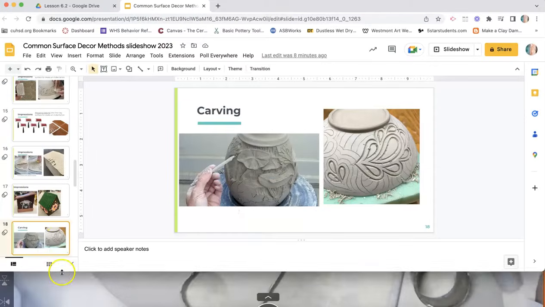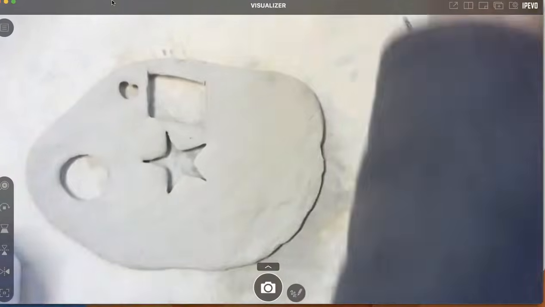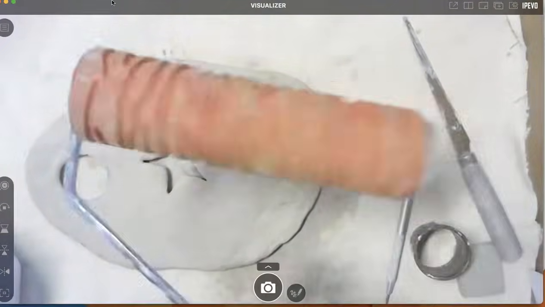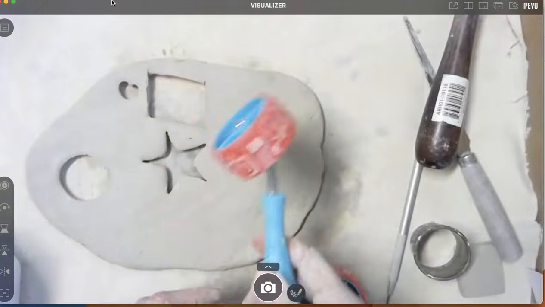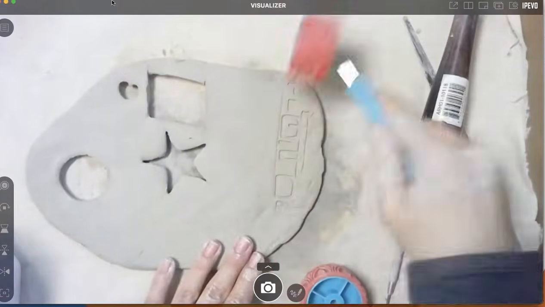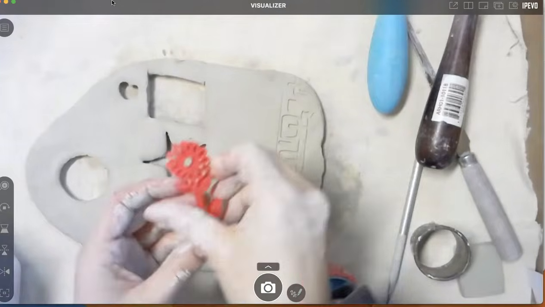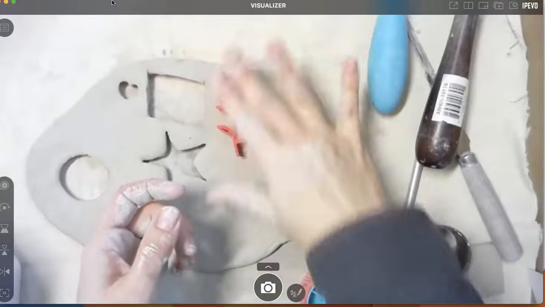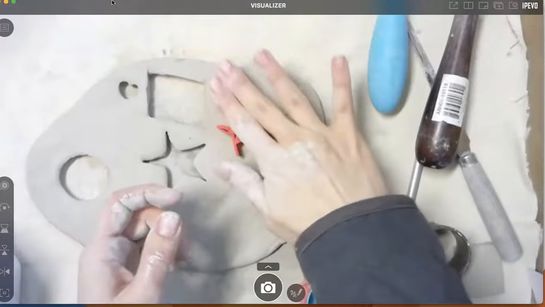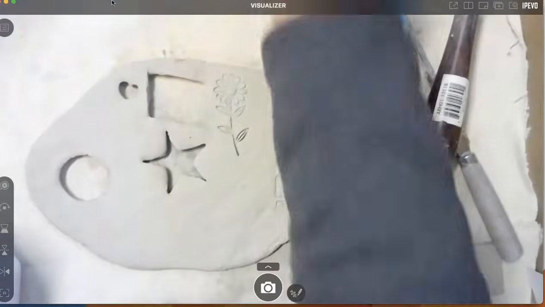So how do you make impressions? Again, we have a bunch of different tools you can use. I'm just using the back side of this slab. Now we do have texture rollers. We have these smaller texture rollers. To use them, you just roll it along the surface. There is your impression. You can also use these 3D printed stamps, which are pretty cool. You don't want to push too far down or you end up removing clay. But when you remove it, you end up with an impression of the stamp.